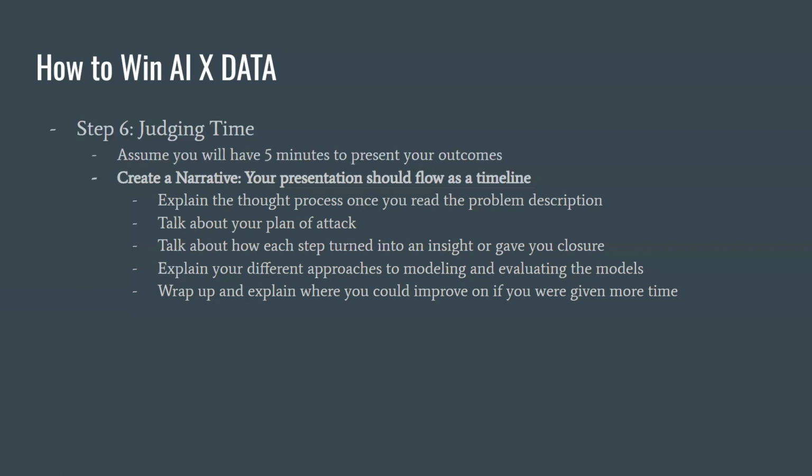And maybe some ways we could approach that in the future would be trying out these different models that we didn't have time to try out this time. Stuff like that. Or maybe go back and clean the data a little bit better. I feel like we might have skipped some steps when we were cleaning the data. Say stuff like that. Talk it out loud to them about what your thought process was and where you can improve. And this will really show the judges and get you guys a high score on how much you understand what you actually did.